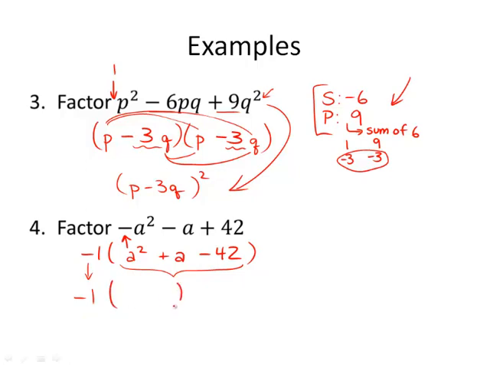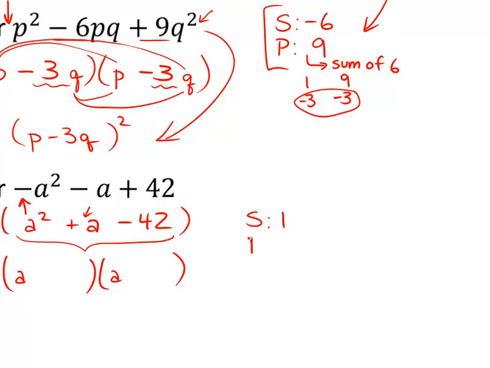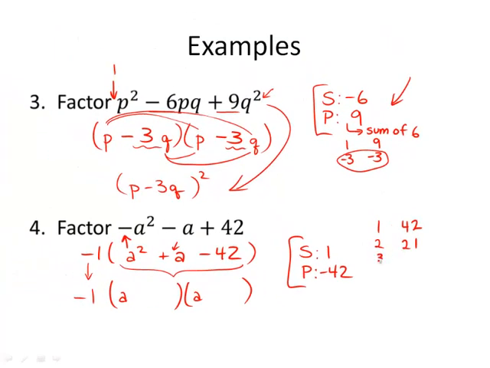So we want this a squared plus a minus 42 to become 2 brackets multiplied together, and we're going to try to factor them. We know that a times a will give us a squared, our sum is +1, and our product is -42. Now we're going to look for all the possible ways to multiply to 42. 1 times 42, 2 times 21, 3 times 14,